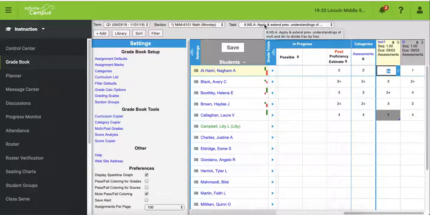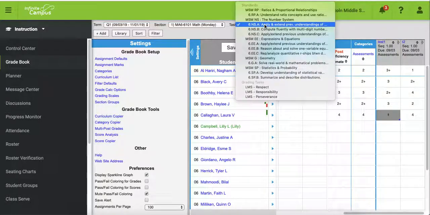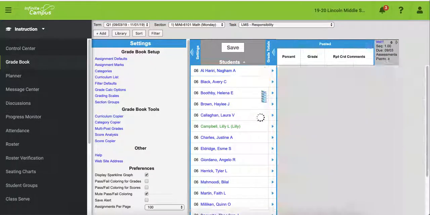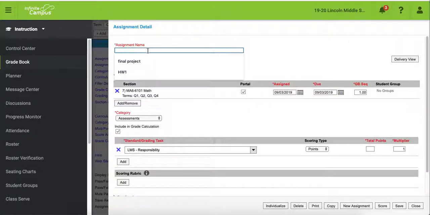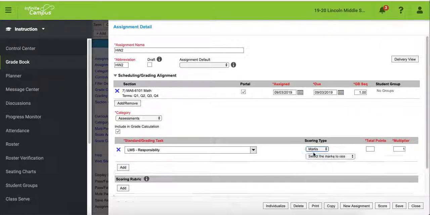So when you add an assignment, let's say I wanted to add a homework assignment. I already added one, so let me add another homework assignment. So I click on add. All right, I'm going to call this one homework two. The scoring type is marks. And then we say LMS HOWL, because unfortunately, you'll have to go through the step